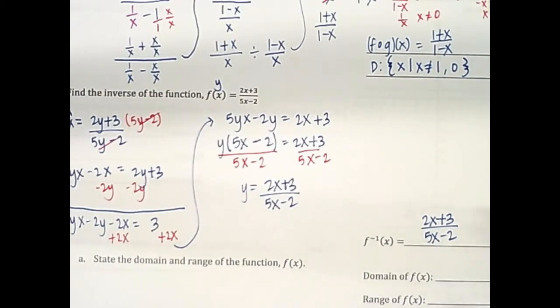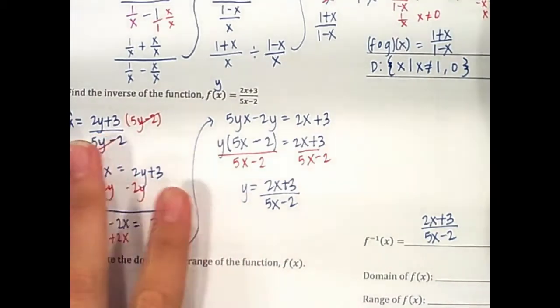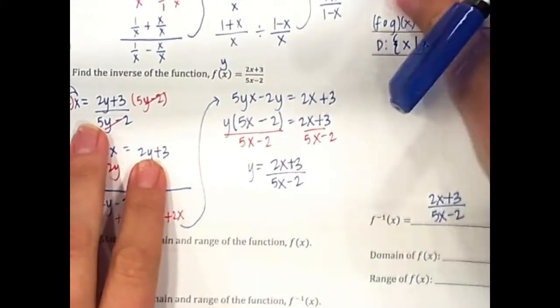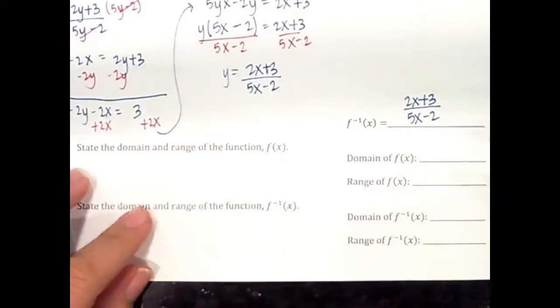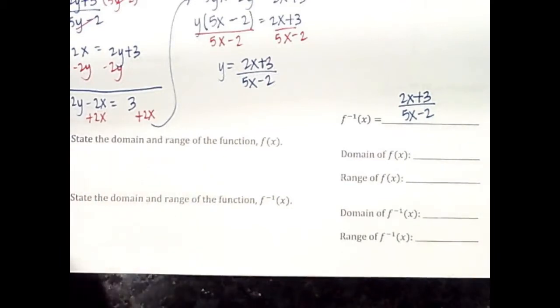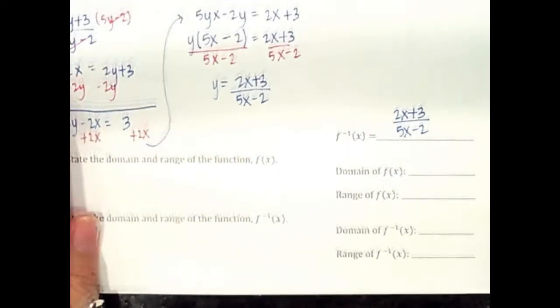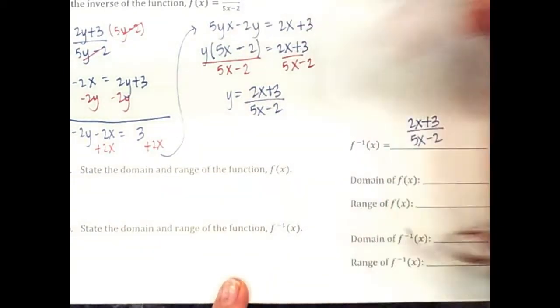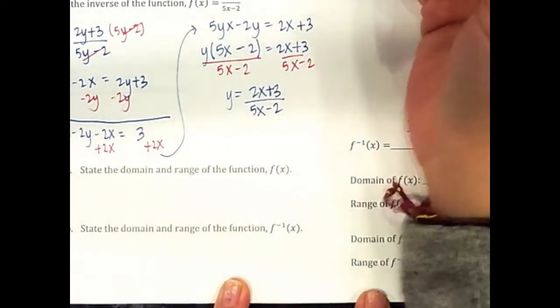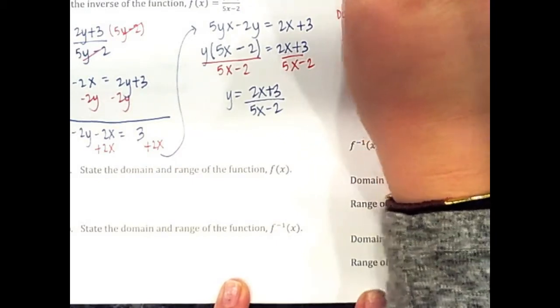Okay, so let's look at the domain and range for each one. Now, with this one, because they're the same, the domain for each of these is going to be the same. However, I'm still going to explain it through how we get to everything. The first one says find the domain of f of x. So that's our original function. So the domain